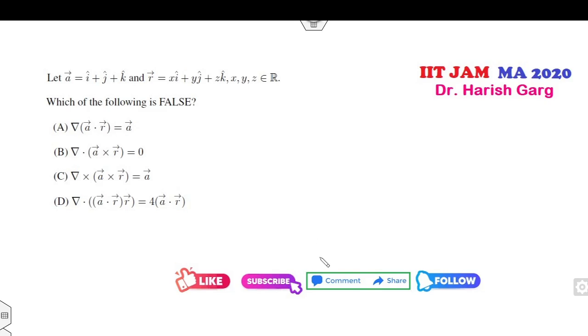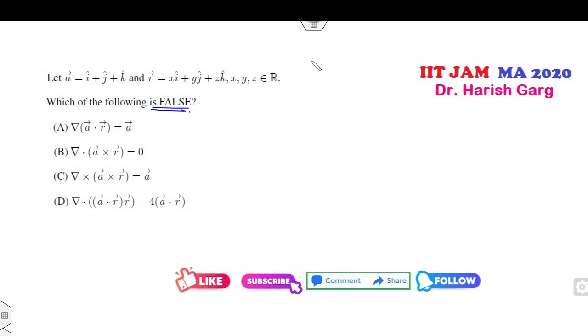Okay, look at this another one. A is i, j, k. R is given. Which of the following statements is false? Okay, first of all, it is for all